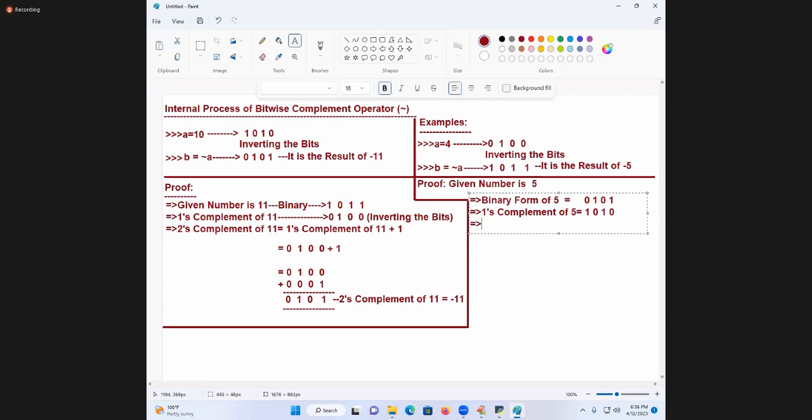Next, what do I say here? 2's complement of 5 is equal to 1's complement of 5 plus 1. I will write a separate line, students. Plus 1. Now come down to that. What is the next one? What is the 1's complement of 5, students? 1, 0, 1, 0, 1, 0 plus 1, which is equal to,